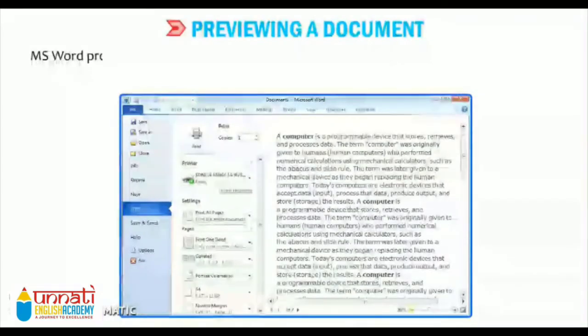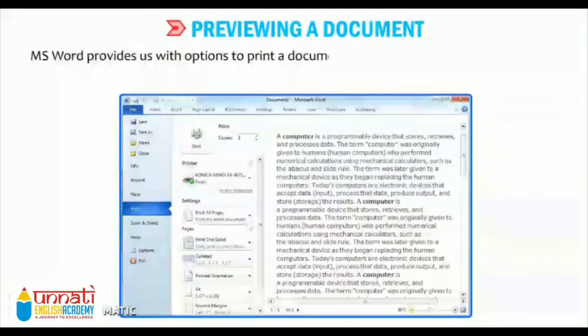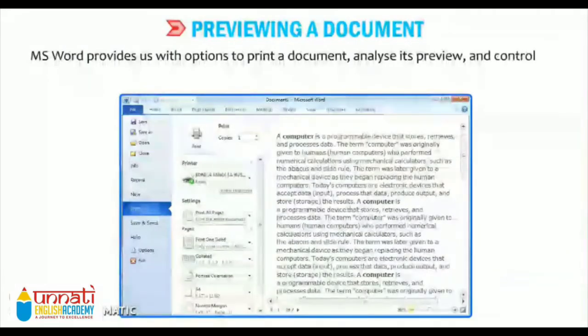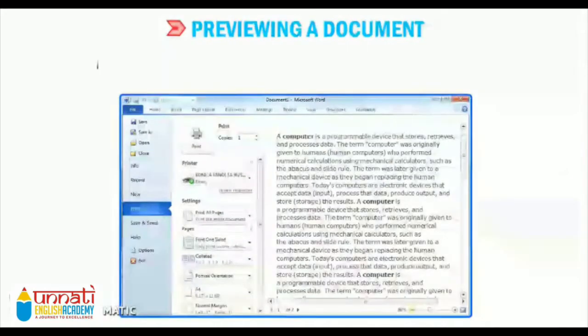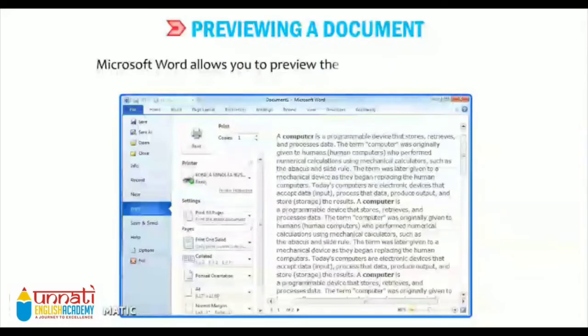Yes or no? Yes. MS Word provides us with options to print a document, analyze its preview, and control the printing properties. Microsoft Word allows you to preview the document before printing. This is a very good feature.